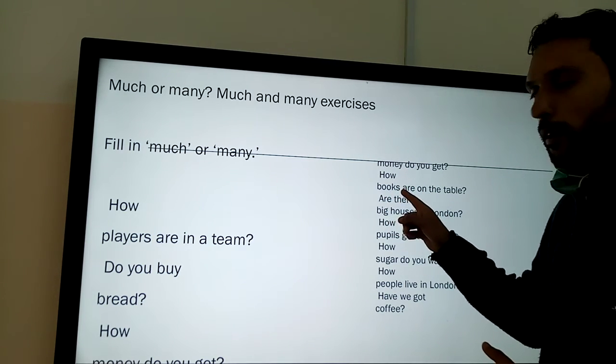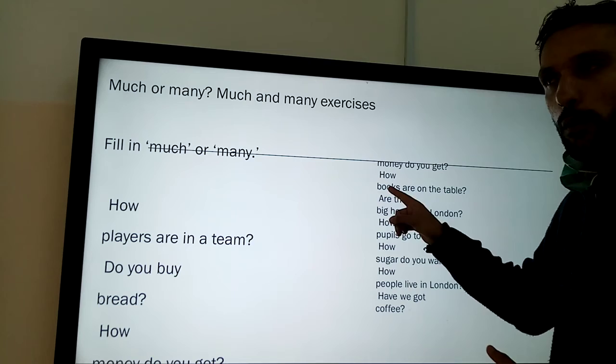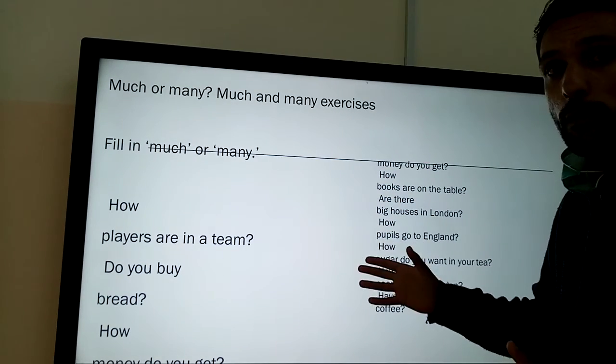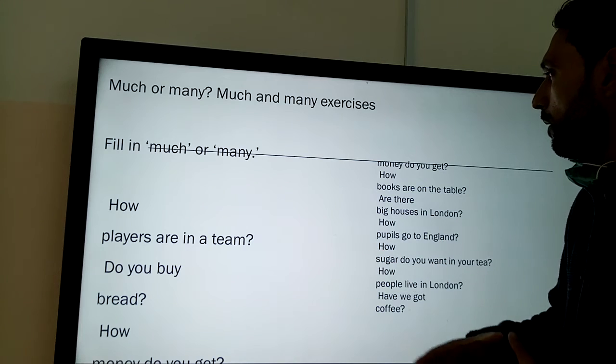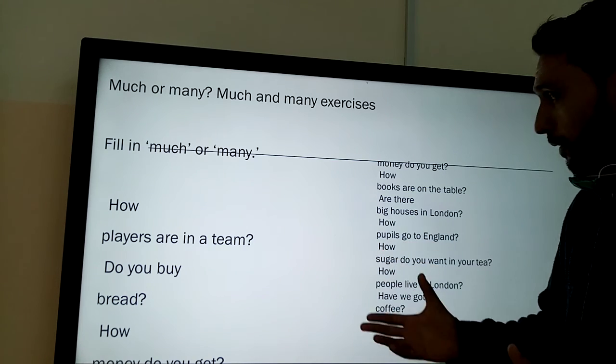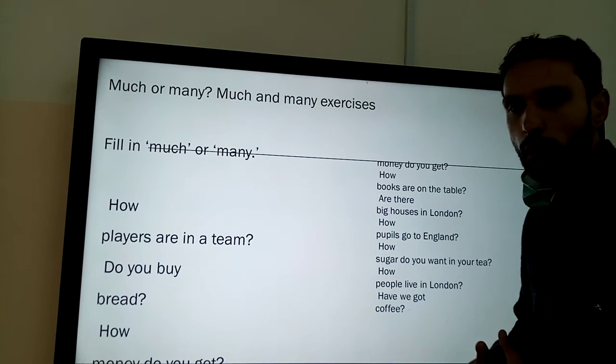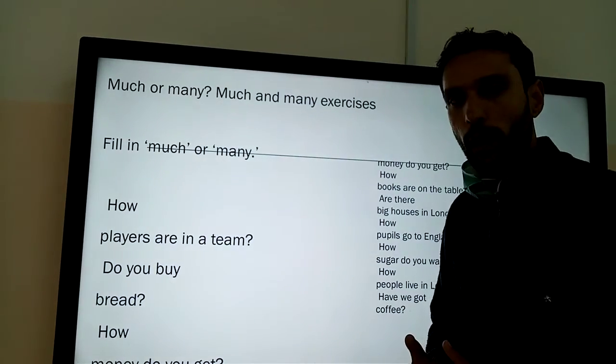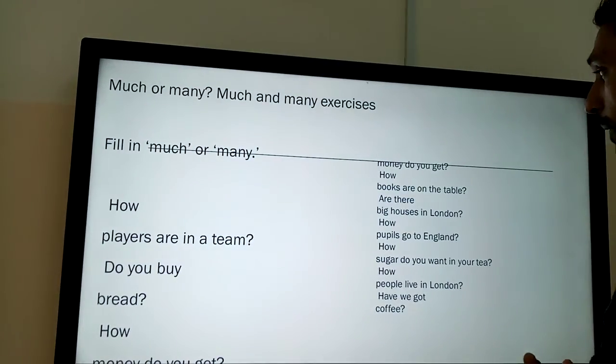With box, we can say 1 box, 2 boxes, 3 boxes. So this is a countable noun. So it's preferable to say, how many books are on the table?